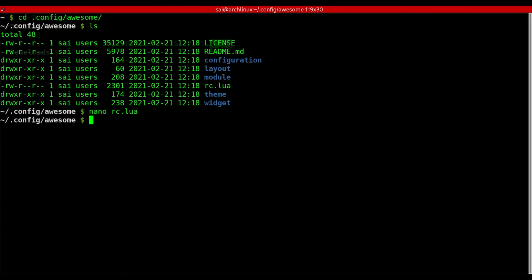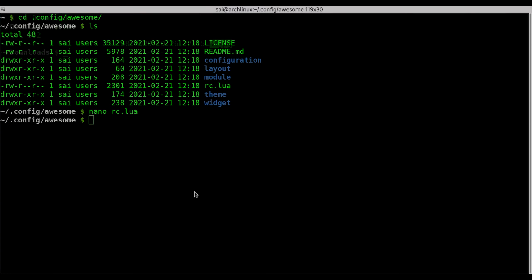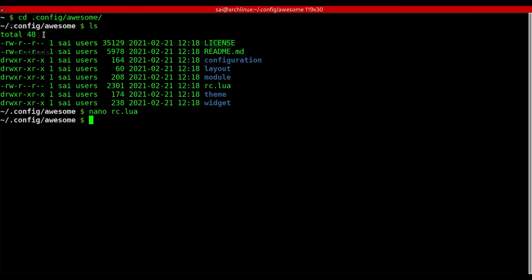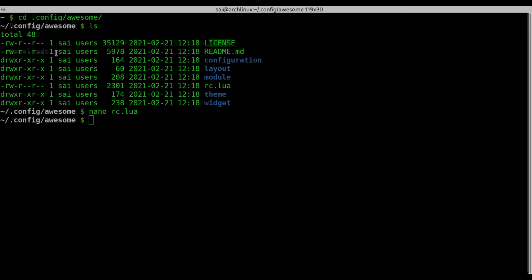Now I'm going to restart. For the restart command, you can see the commands by pressing Windows plus F1. Here you can see all the shortcuts. I changed some of the commands compared to Chris. To reload, Control plus Super, meaning Windows key, plus R will reload.